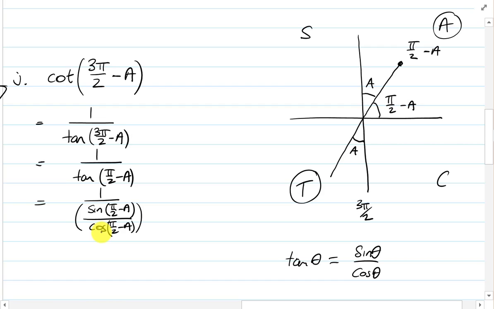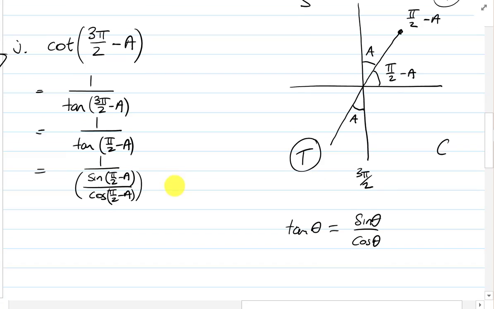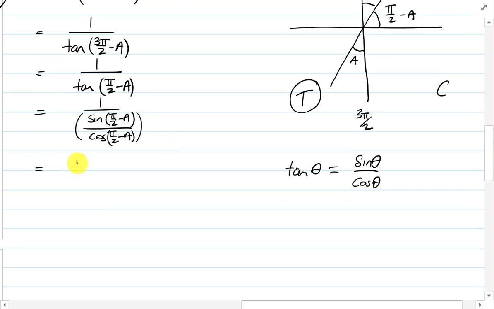And that was the individual term there. So it's 1 divided by that. When you divide by a fraction, it's the same as multiplying by the reciprocal. So I'm going to multiply that. So I'll have 1 times the reciprocal, which is cos of pi on